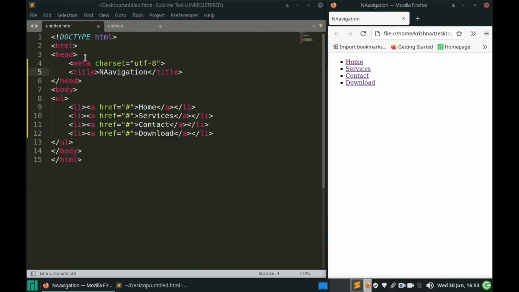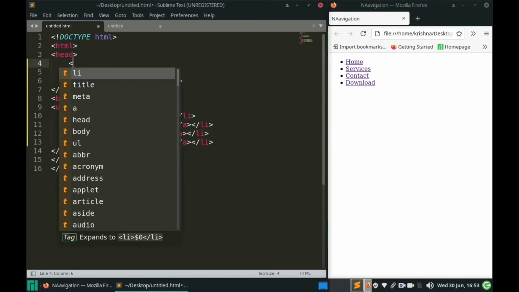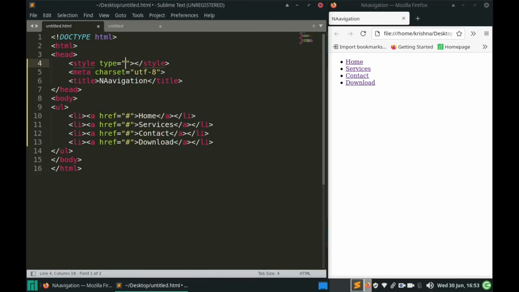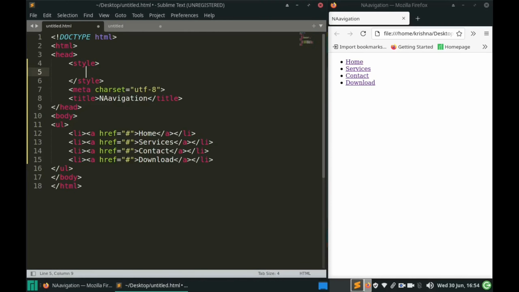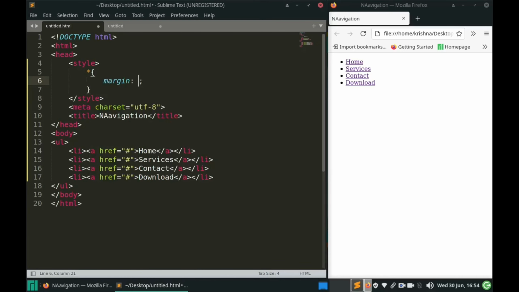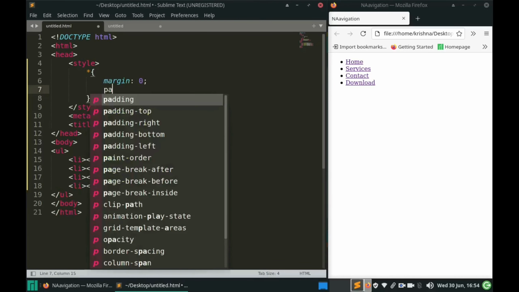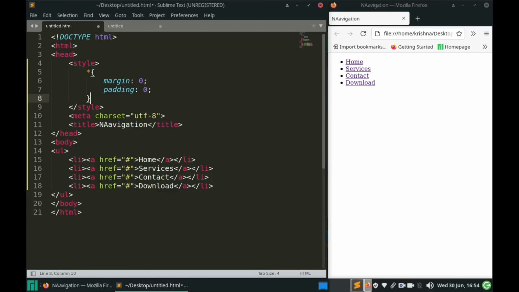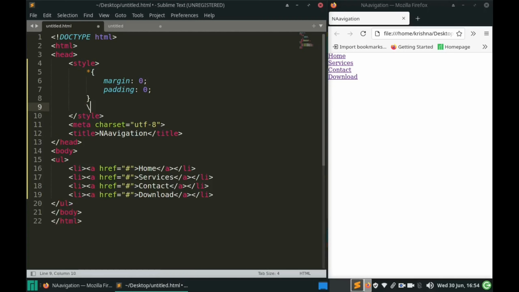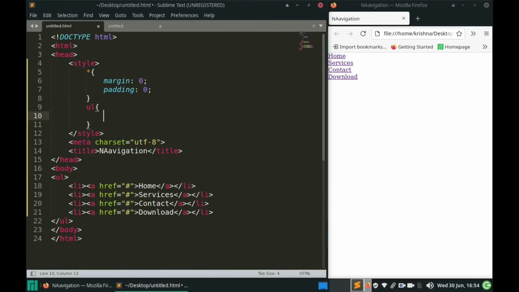So the result of this code will be a simple list which will be writing Home, Services, Contact and Download. So now we need to move to CSS. Now here comes the main part of this video. Now first of all, you need to change the browser's default margin to 0 and padding to also 0, and then you can move to the unordered list and set its overflow to hidden